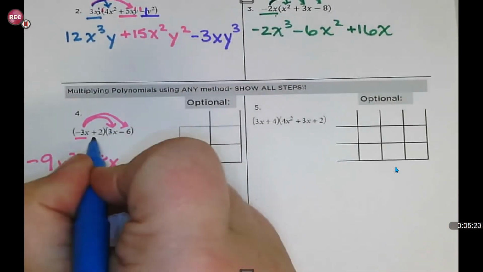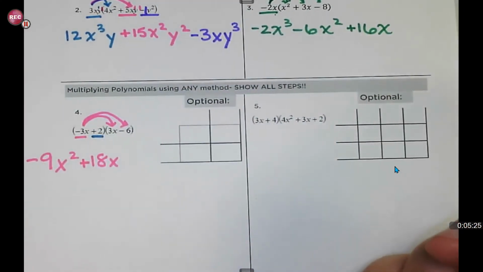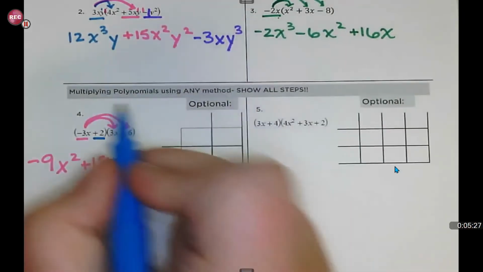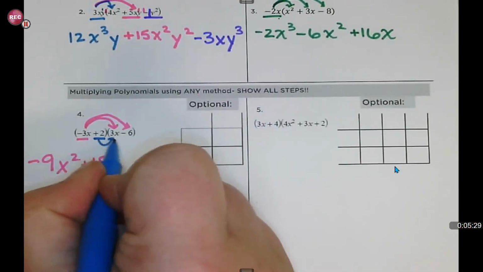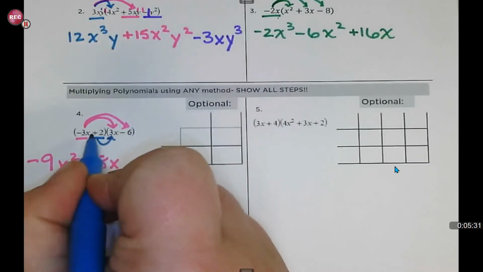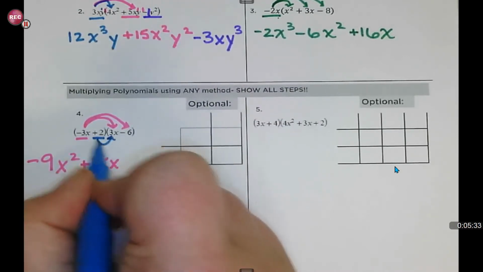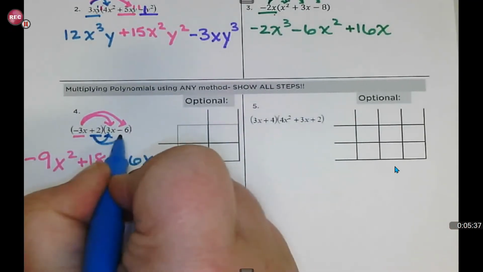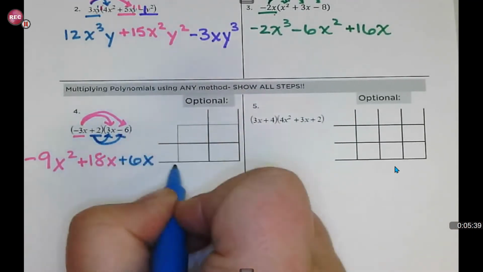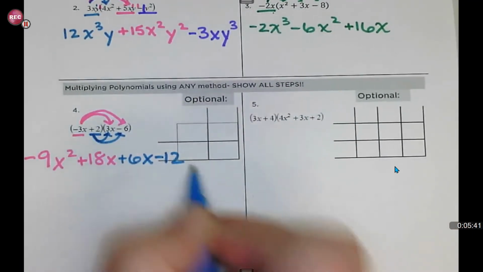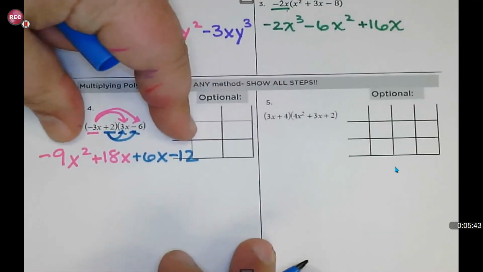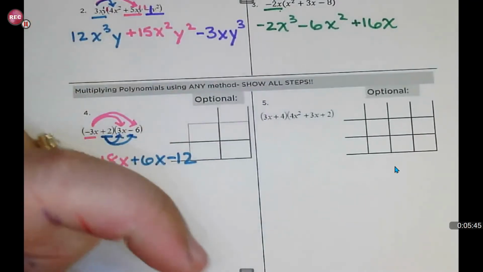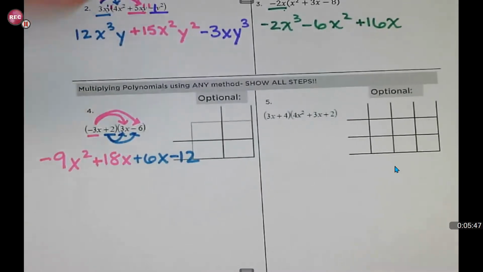Then we have our Amazon Prime guy, and he's plus 2, and he goes to each house. So I do 2 times 3x, so 2 times 3 is positive 6 and an x, and then 2 times negative 6 is negative 12. So I want to see this step. No matter what method you use, there should be an intermediate step,